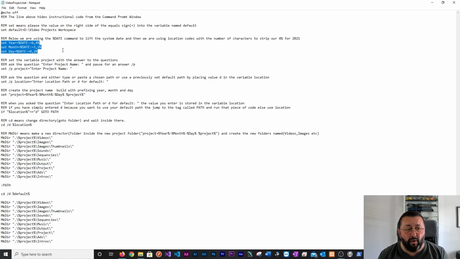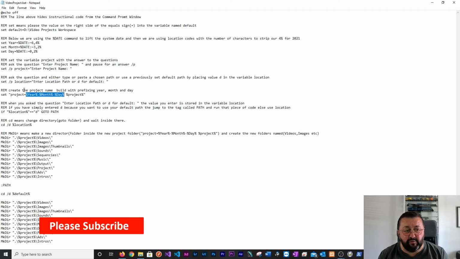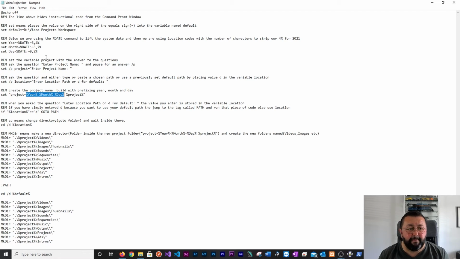here, or you can keep that in and simply remove these 3 lines here, year, month and day, because basically you're saying once you get the project folder name, the project name, prefix the date, these values here in front of that name. So that's grabbing the date, and then I'm again setting another variable called project, so that's going to hold the